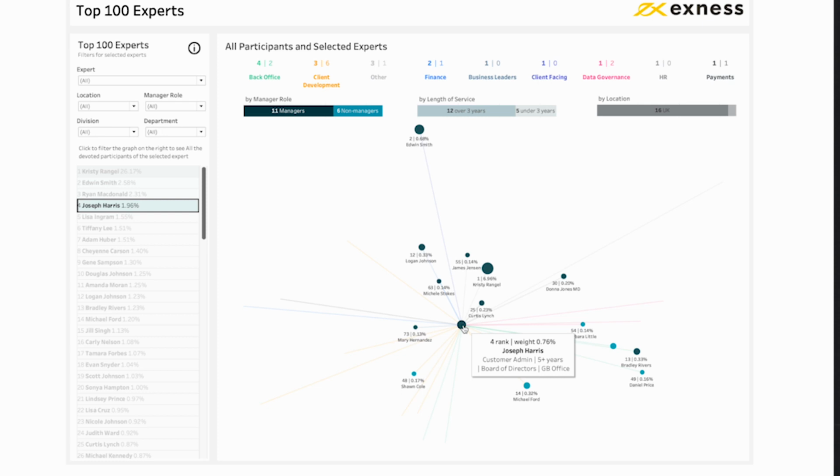We could see who voted for this expert. For example, we see that 11 managers and 6 non-managers voted for this expert, 4 experts from back office, 3 from client development, etc., etc.